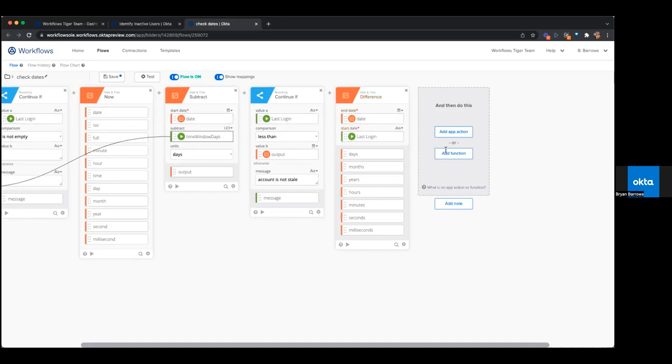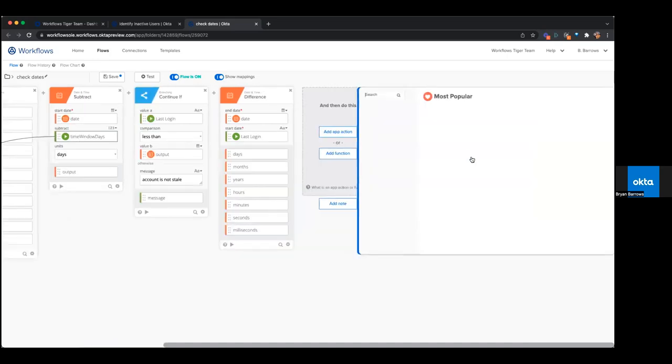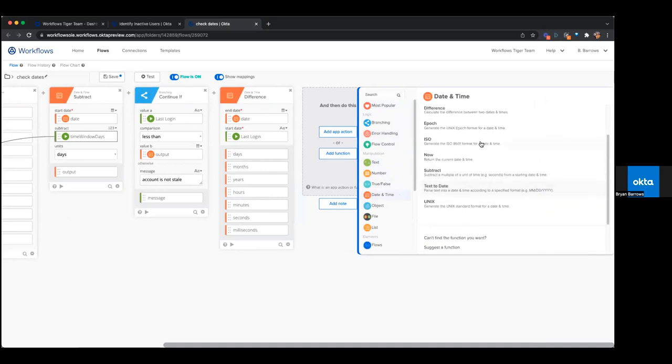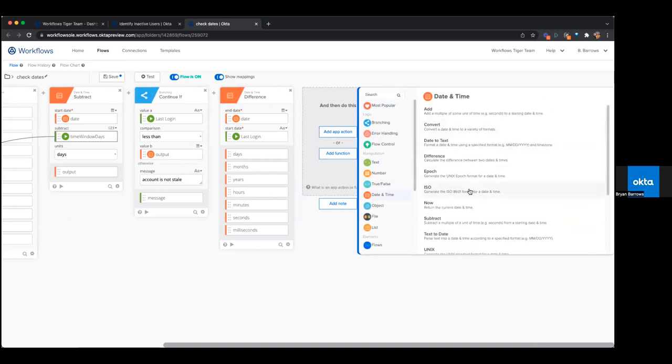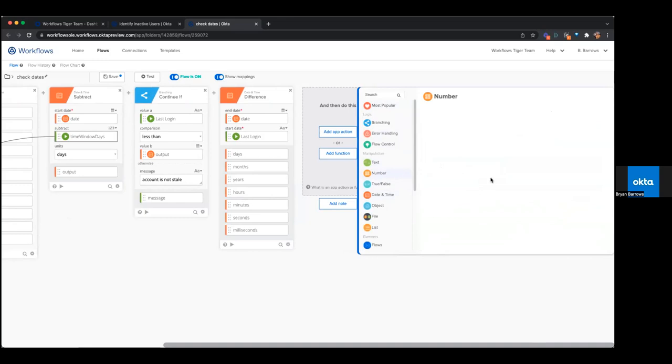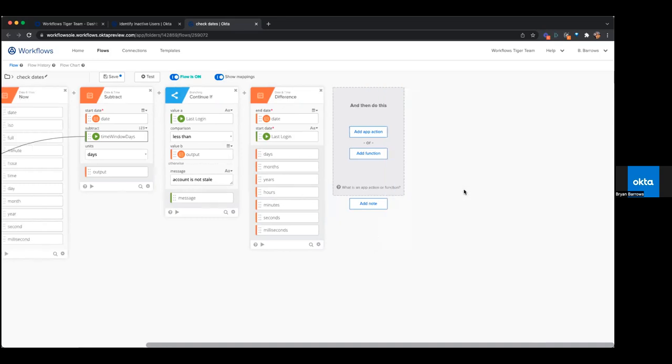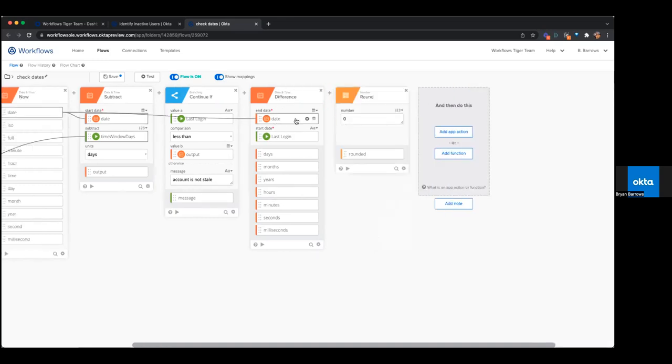So you can get an actual numeric count of how many days that is. And if I recall correctly, this one can spit out decimal values, which I don't really want. So I'm just going to use a number function to round the value. And then from here,